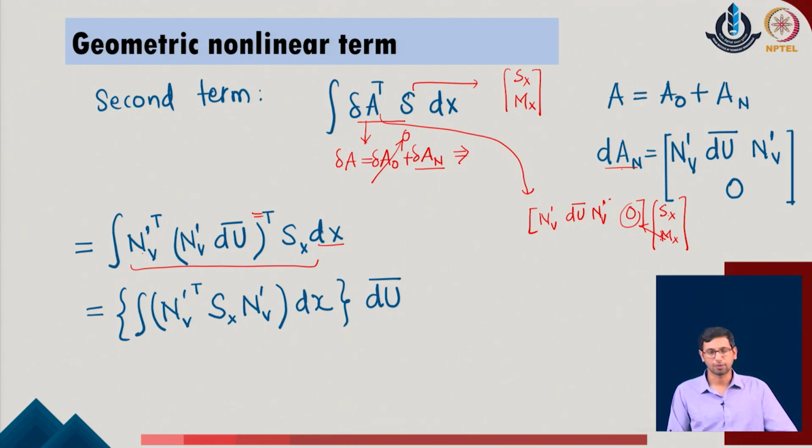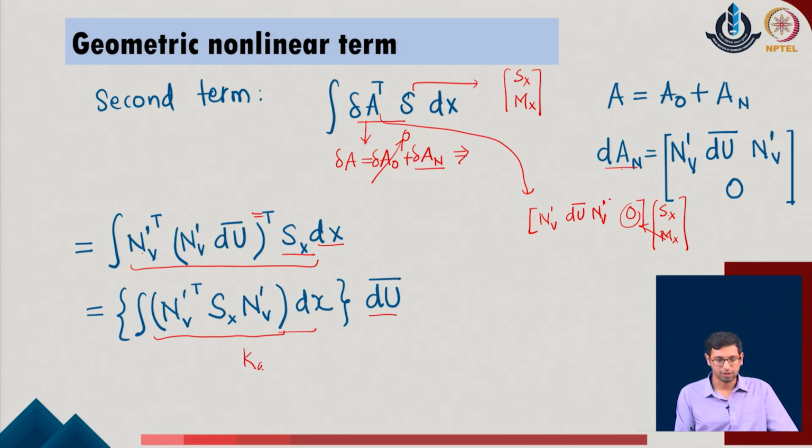So, with this idea in mind, we realize that multiplying these two parameters will only give you the expression in terms of the S of x in the given system, which means that the second term is going to contribute only with the geometrical stiffness in the given problem. So, with this we evaluated the geometrical stiffness term, which is evaluated over here, and this is the overall del u bar in the given problem. With this part, we understand that now this is the k of g in the given problem, which is also located in the member coordinate of the given system.